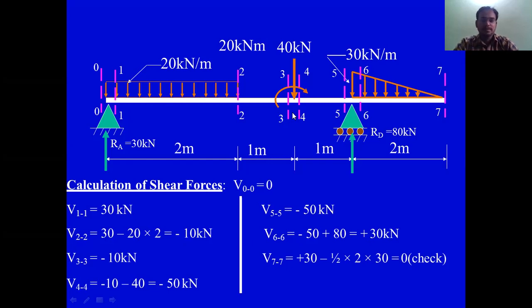Now, why do we need to take the sections like this? It comes with experience. When you solve more problems, you will understand where to take them. You can take any number of sections you want, but the minimum is that before and after a load, a section must be taken. It's a minimum requirement. Sometimes it is not required. That you will understand by experience.